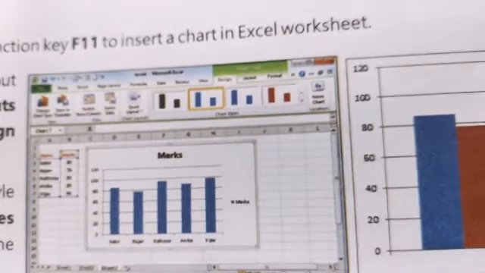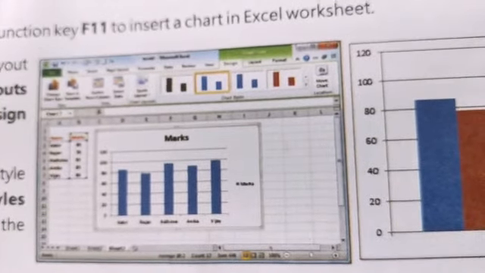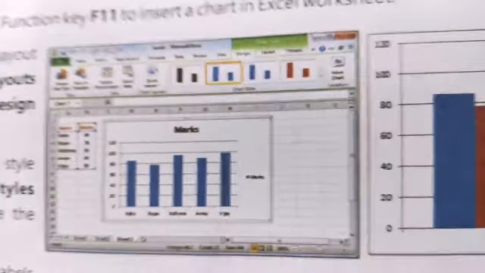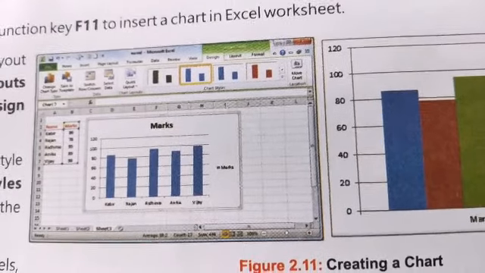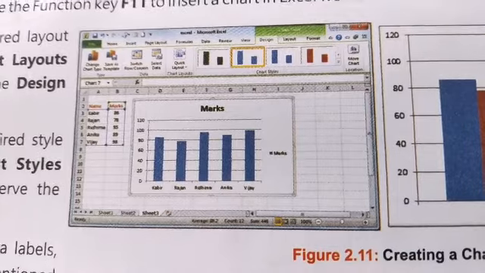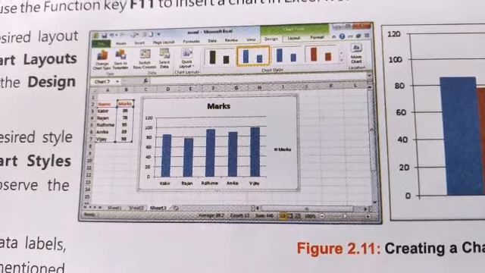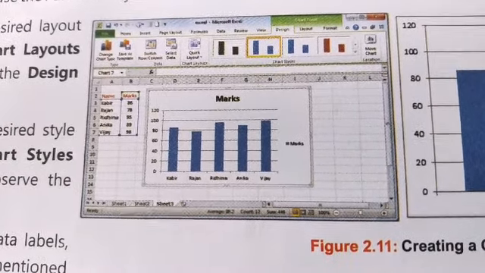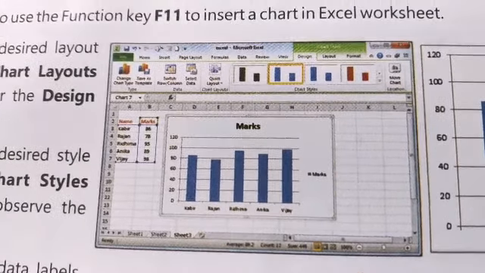So to change the data range, you have to right click and select Select Data from the shortcut menu. The dialog box appears, then you have to click OK for making the desired changes.